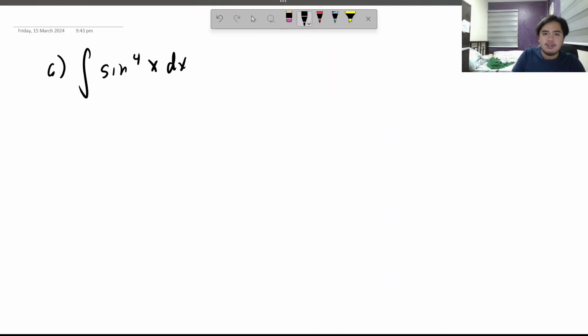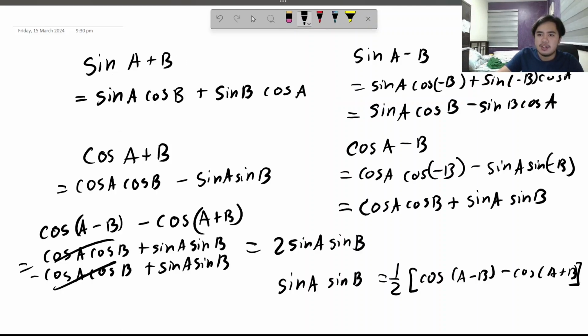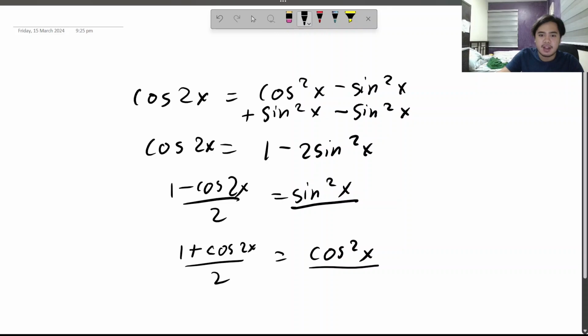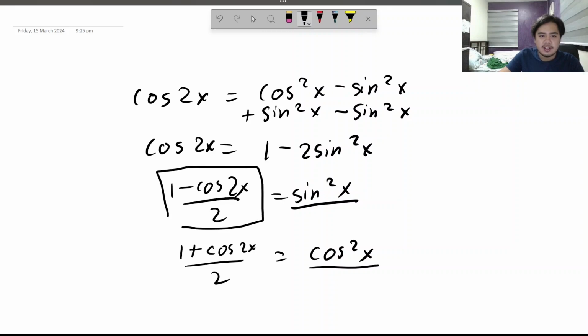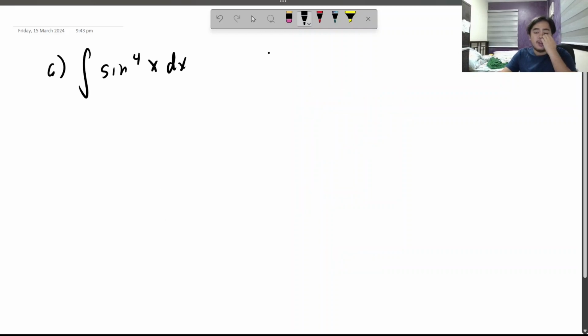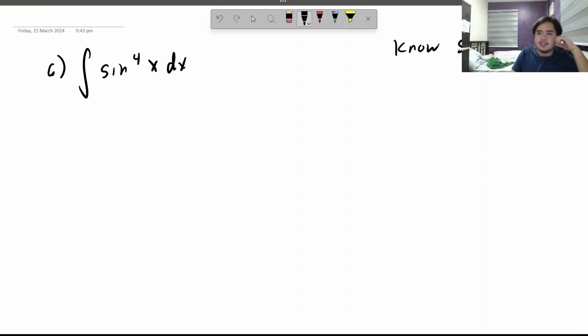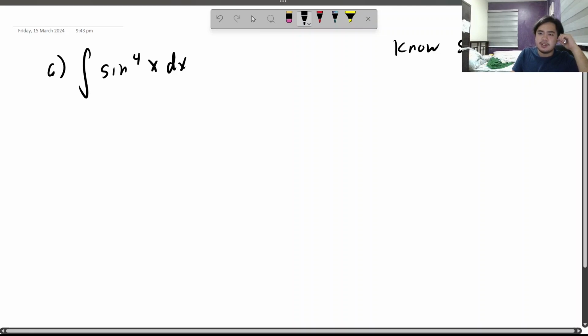Well, we have to go back to an old friend of ours. Let me just bring it back. Here we go. Let's go back to here. Sine squared x is indeed equal to this thing. We have to use it again. So 1 minus cosine 2x. Let me just write it on the new one. Okay. So, know that sine squared x equals 1 minus cosine 2x over